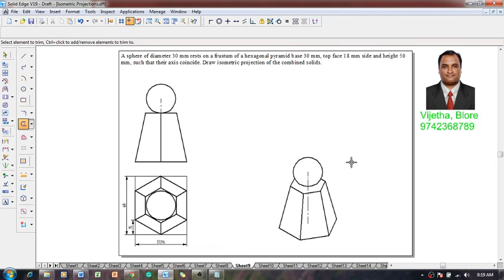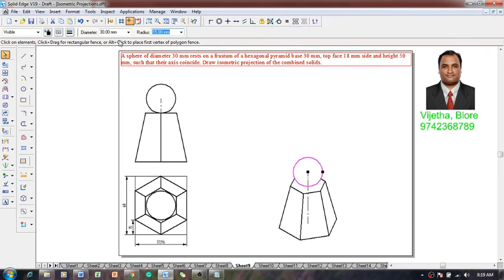Hence, at any cost, in case of isometric projections, the sphere should be constructed to the true radius. It should always be 30 millimeter. It should not be reduced to 0.8164 times. Do remember this, very important. And now one can say that the isometric projection of the given combination is completed in all aspects.